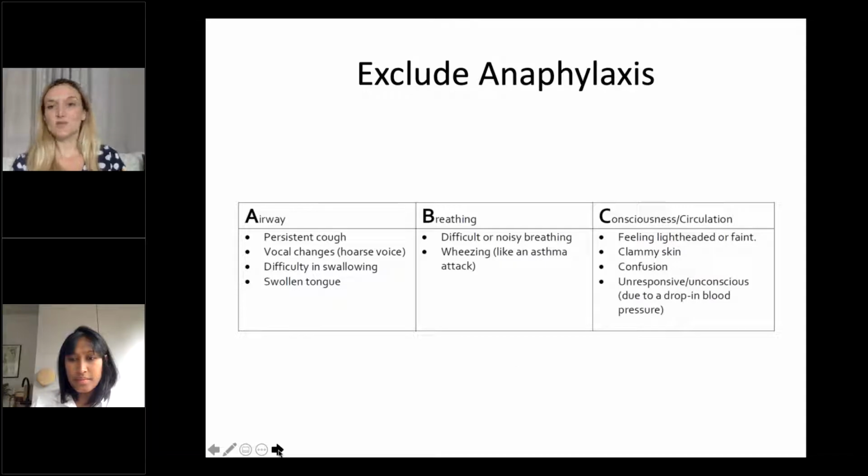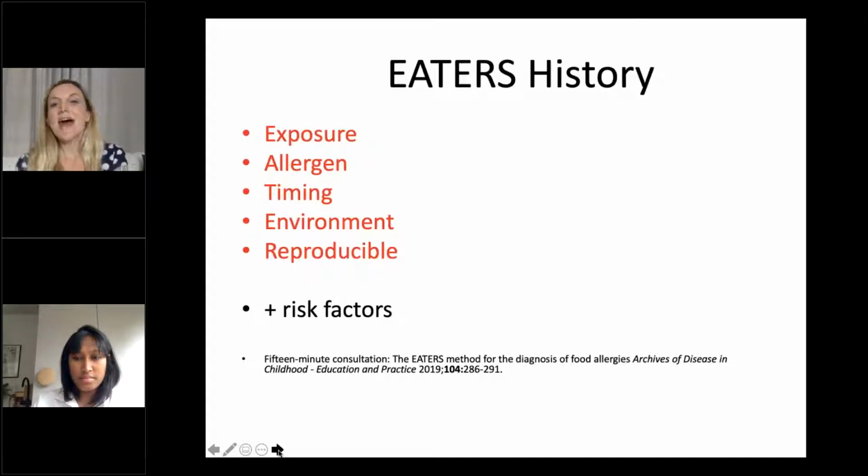So whenever there's obviously an acute allergic reaction, we always have to remember the ABCs of anaphylaxis. So airway, obviously, cough, vocal changes, voice going hoarse, any sort of swallowing difficulty or swollen tongue, any sort of breathing difficulties, and C is also consciousness as well as circulation. So particularly younger children may be clingy, or they'll have sudden behavioural changes, sort of going quiet. So those are things to look at, as well as signs of hypotension. So JF didn't have any symptoms of anaphylaxis, so we can all relax a bit and take our time